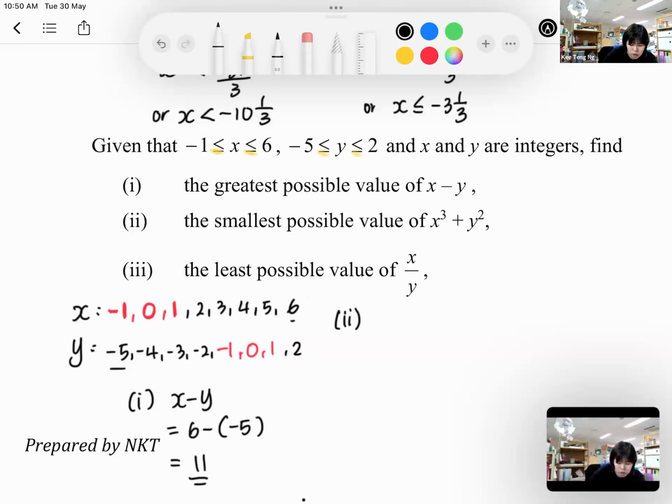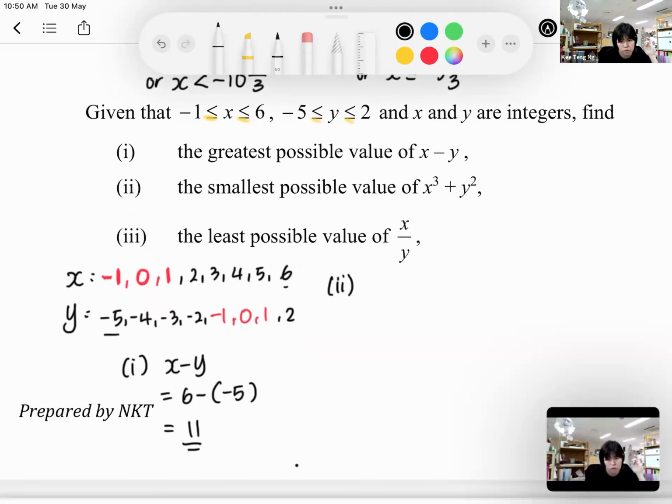Okay. Part 2, find the smallest possible value of x cubed plus y squared. For x cubed, smallest possible value means as negative as possible. A negative number, when you cube it, will still be negative. So in this case, x has the number -1, so I will choose (-1) cubed, plus the smallest possible y squared. Some people will choose -5, smallest possible. But take note, for y squared, if I have -5, -4, -3, -2, -1,